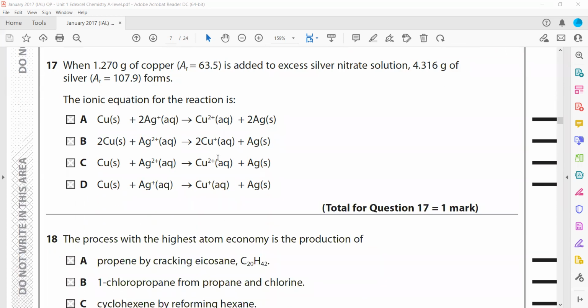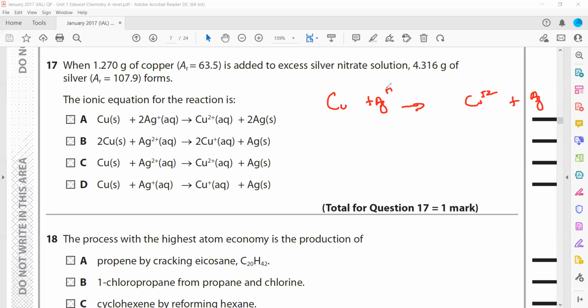Then, when 1.27 grams of copper is added to excess silver nitrate solution, what is the ionic equation? So basically we need an ionic equation. You can work it out using a mole ratio, or you can directly use their valencies to work out the balanced ionic equation. As copper is more reactive than silver, copper should displace silver. And so copper turns into copper ion by losing 2 electrons, and silver ion gains 1 electron to convert into